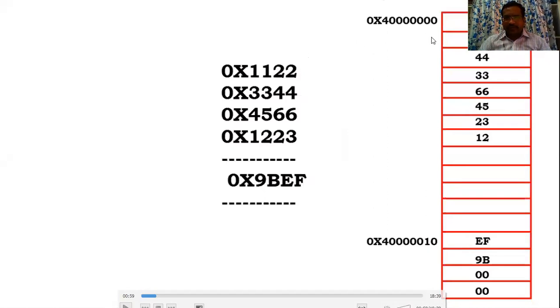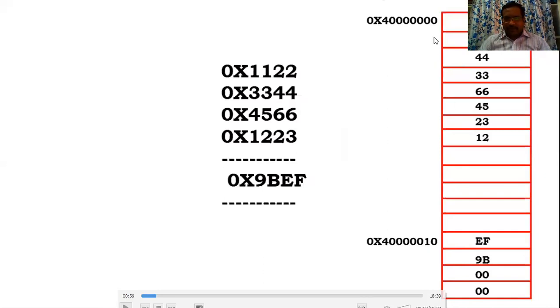So in this address location, 2 will be saved, and in the next address location 1 will be saved. Again, in 0x40000002, 4 4 will be saved, and in the next address location 3 will be saved. So these four 16-bit numbers will be saved in these address locations.